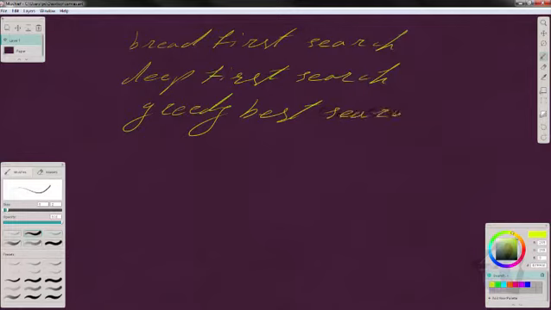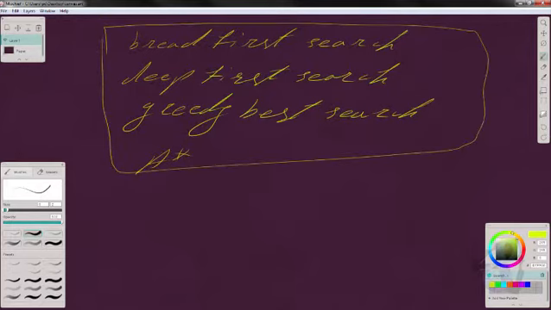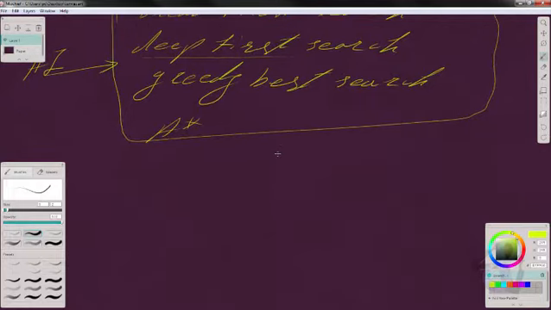Believe it or not, and then A star. All these guys, one way or another, are still used in AI, even these days. So none of them are useless. Now, this one that I didn't mention, depth first search,